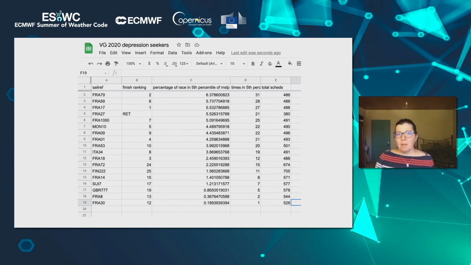and then figured out how many of those belong to each competitor, and normalized it by how long they actually took to do the race. And what ended up happening was I noticed that the top 10 finishers had the top 11 percentages of time spent in these relatively low pressure areas. And there's just one, Louis Burton, who was third, who got bumped out of the top 10 spot by a boat